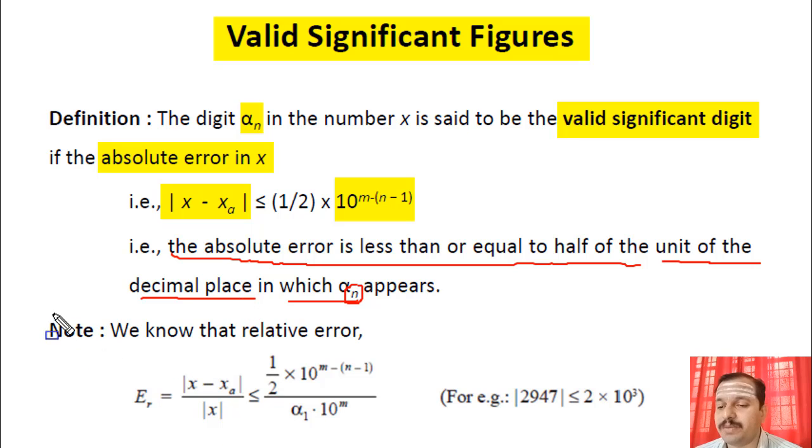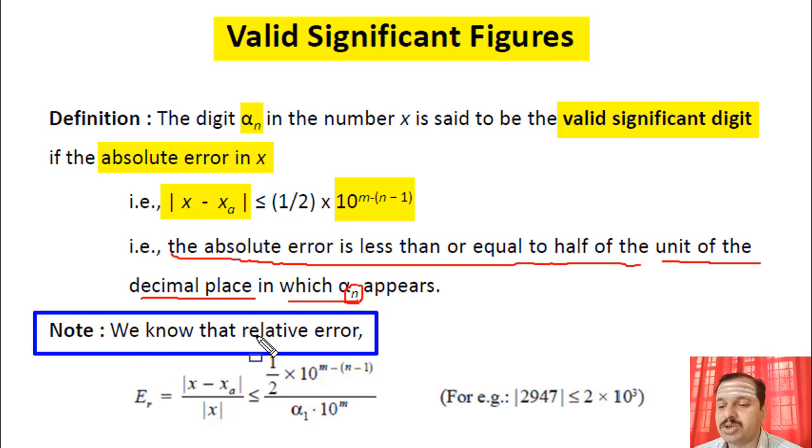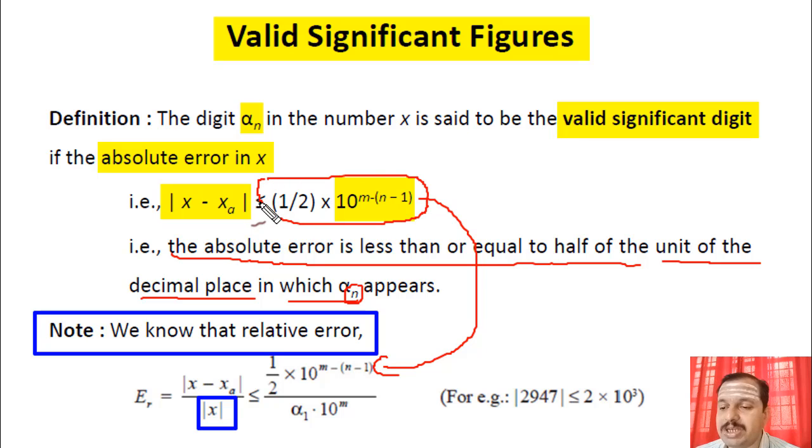Further, there is an important note. So let us try to have this important note. So what is the note? We know that relative error is absolute error divided by the absolute value of x. This we know very well from our previous sessions. So therefore we can have a value of this from this particular step. We have seen in the previous step that absolute error is given by this particular thing. So in place of the numerator, which is nothing but the absolute error, we will write the value, that is it is less than or equal to,